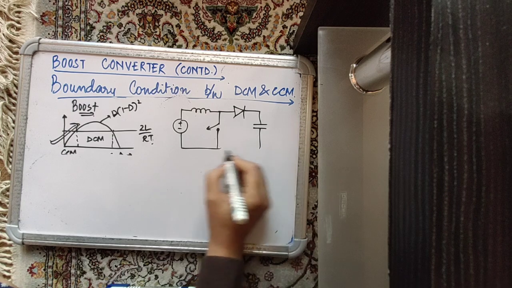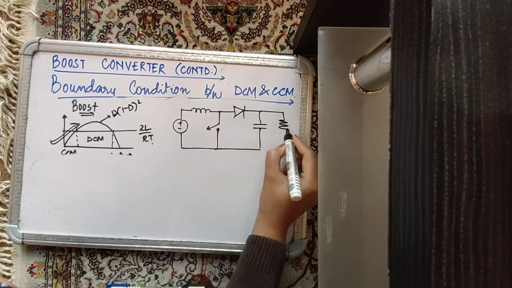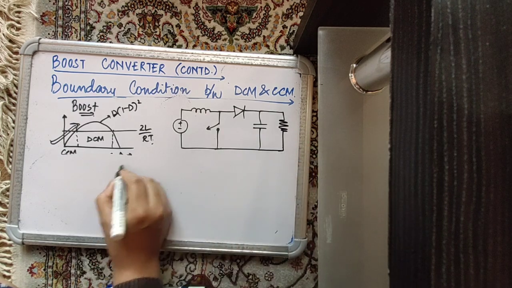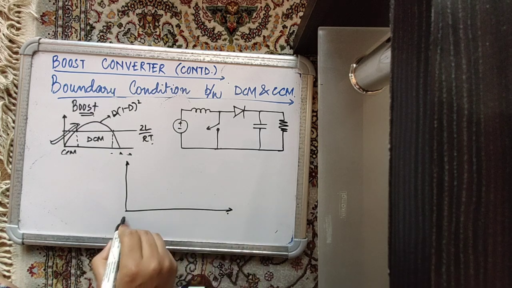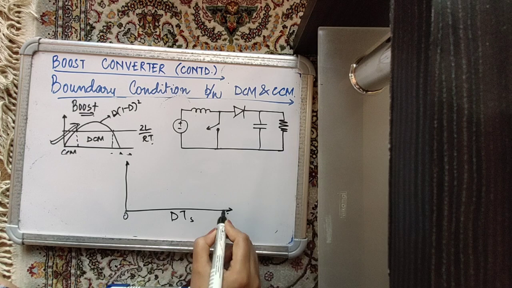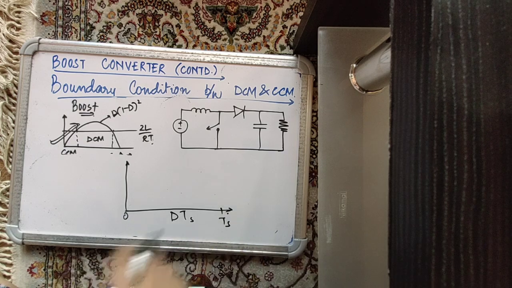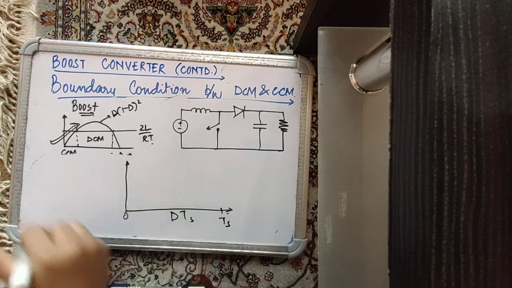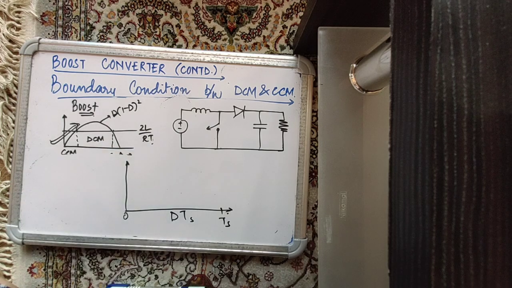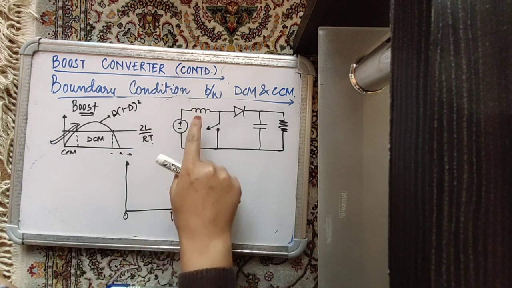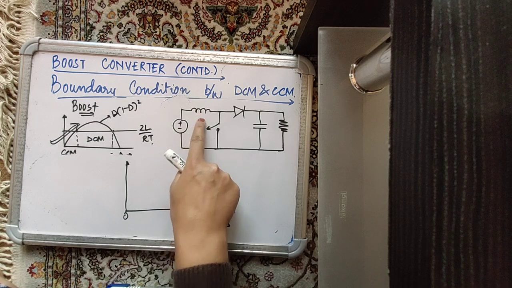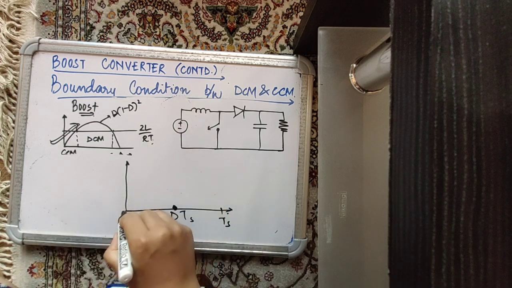So this is your boost converter circuit again. Let's talk about somewhere in the middle, DTS and this is DS. एक moderate सा duty ratio middle में, we know that middle में DCM होने की chances है. Let's understand why. 0 से DTS तक आपके इंडक्टर ने एनर्जी स्टोर की, और बहुत तेज एनर्जी स्टोर की, बिकॉज